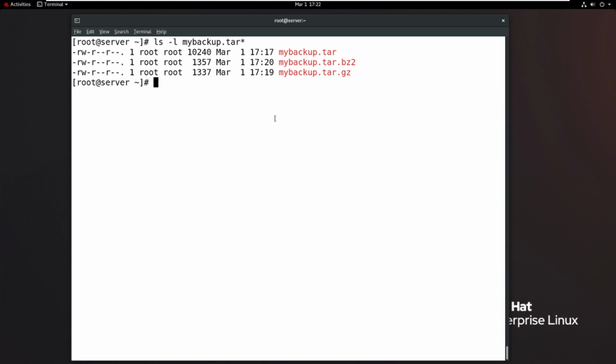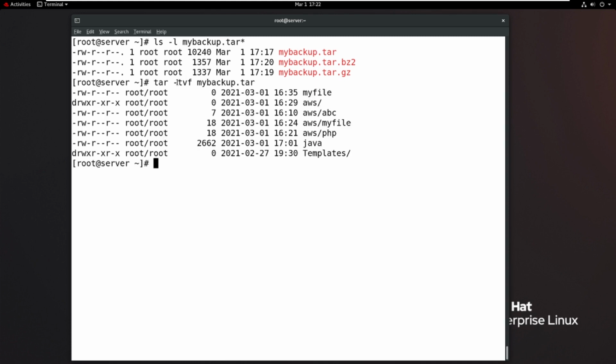In case I want to know what a tar file contains, then tar -tvf followed by any one file name, my backup.tar, bz2 or gz. The t option shows which files this backup.tar file contains: the aws directory with its subfiles and subfolders, the java file and the templates directory.